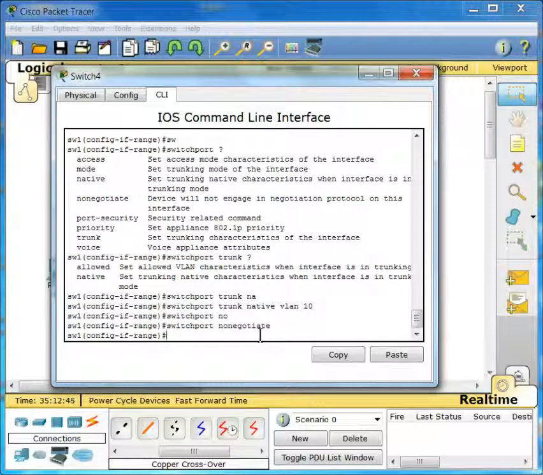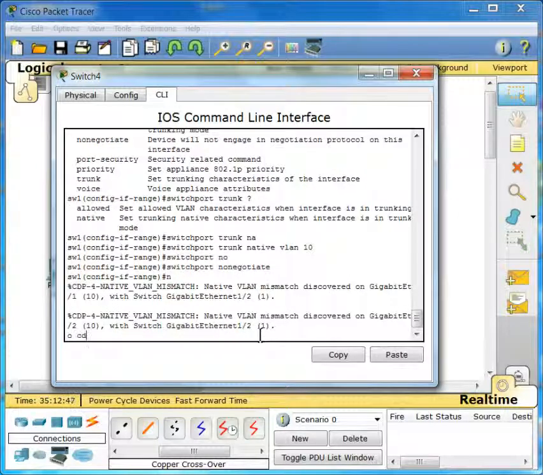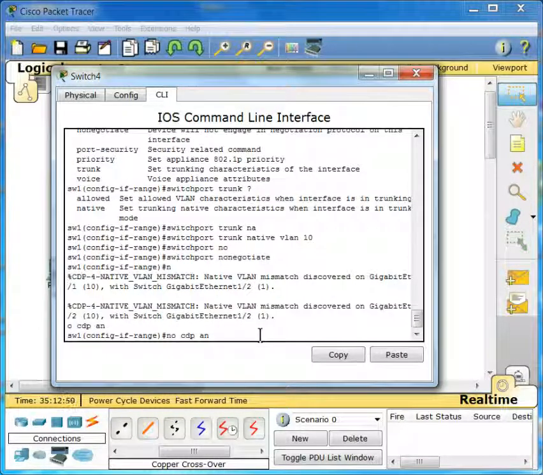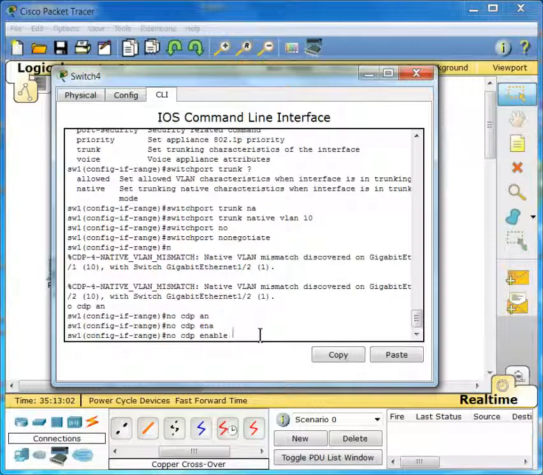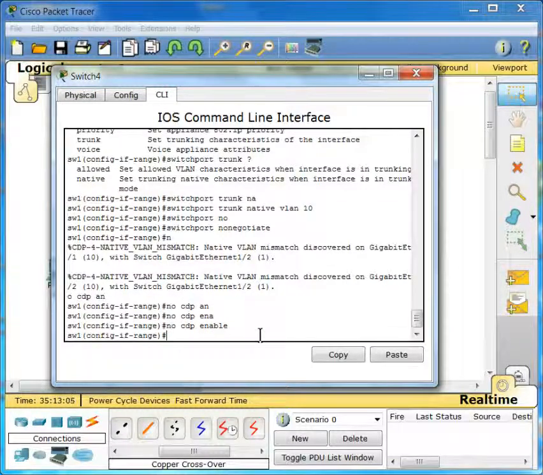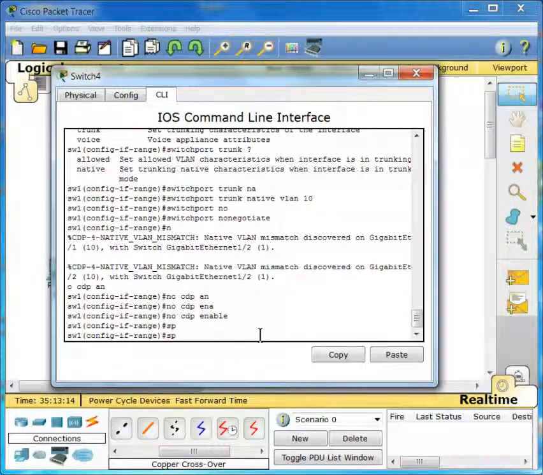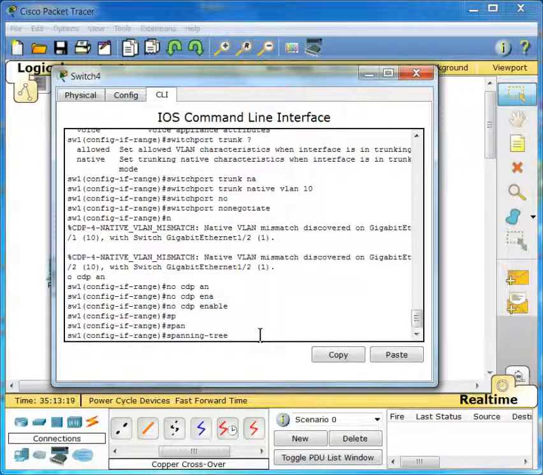And we also want to put no CDP enable. And we're also going to configure the spanning tree guard root. Spanning tree